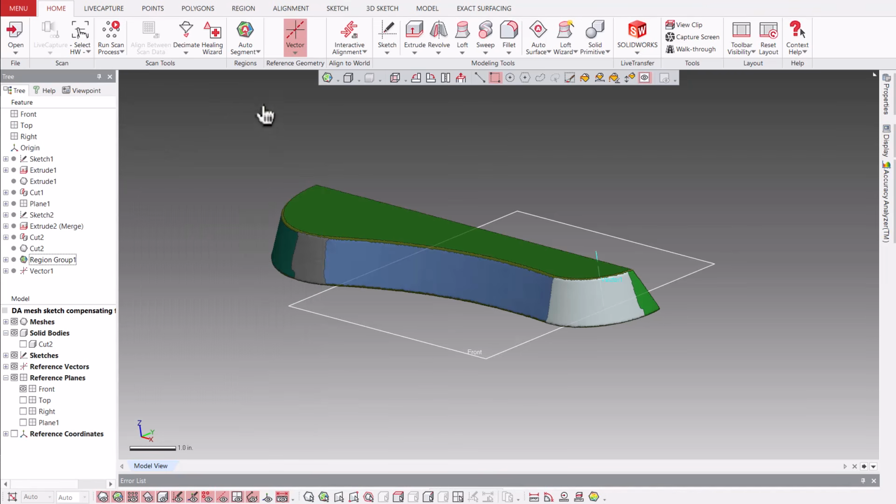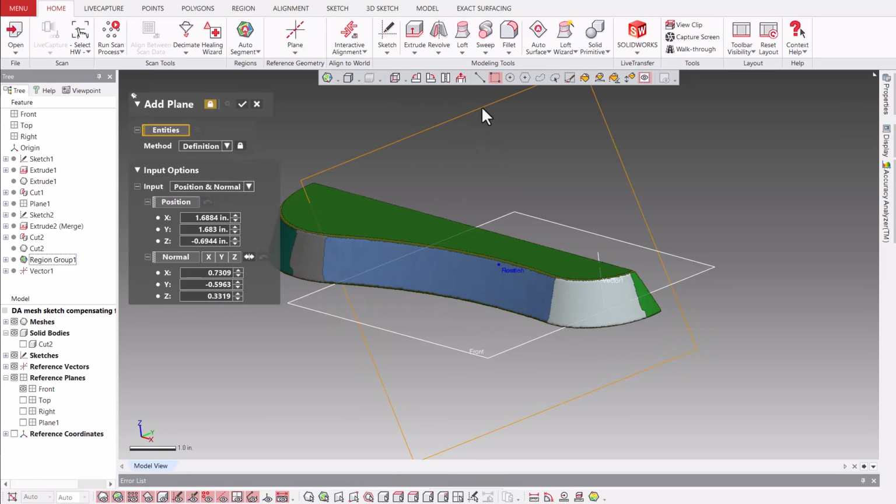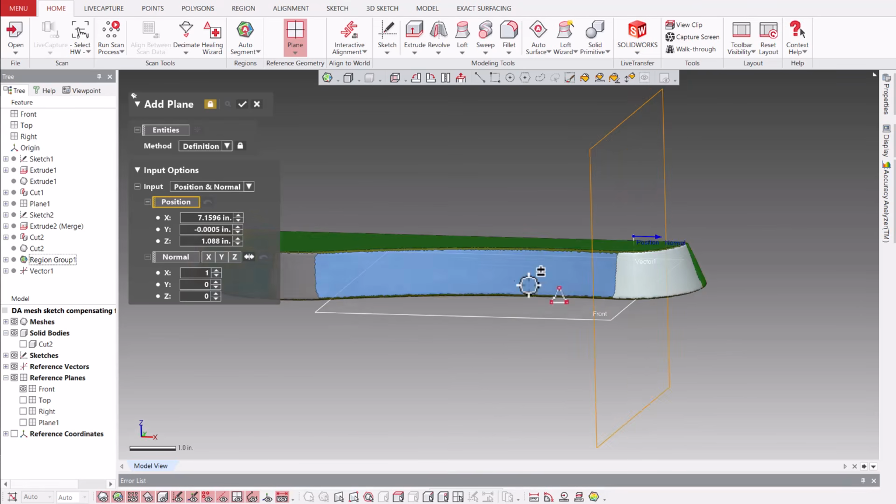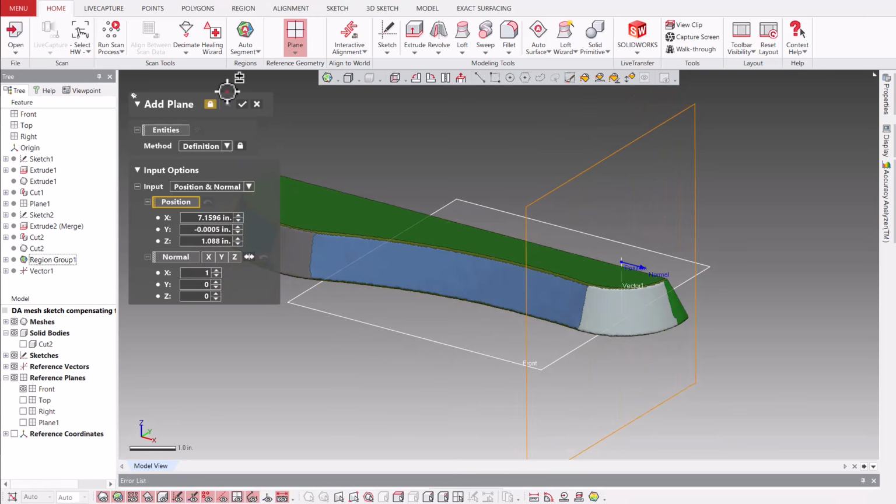And next, I'm going to create a new plane, and I'm going to say position, and select the vector itself. And then for the orientation, I'm looking down here in the lower left, and I want that plane to be normal to the X direction. So I'm going to click on X, and that's going to give me a plane right through the axis of that cone,